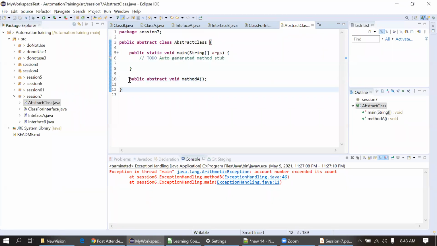So this is my abstract method. I'll create one more method here, which is non-abstract, meaning a concrete method.